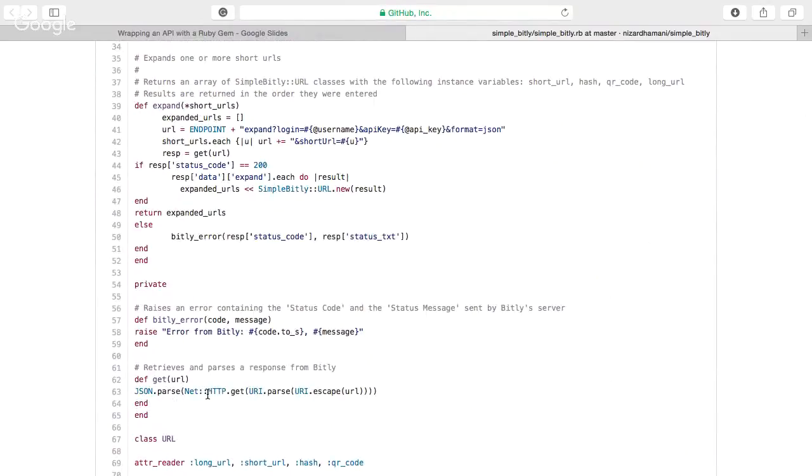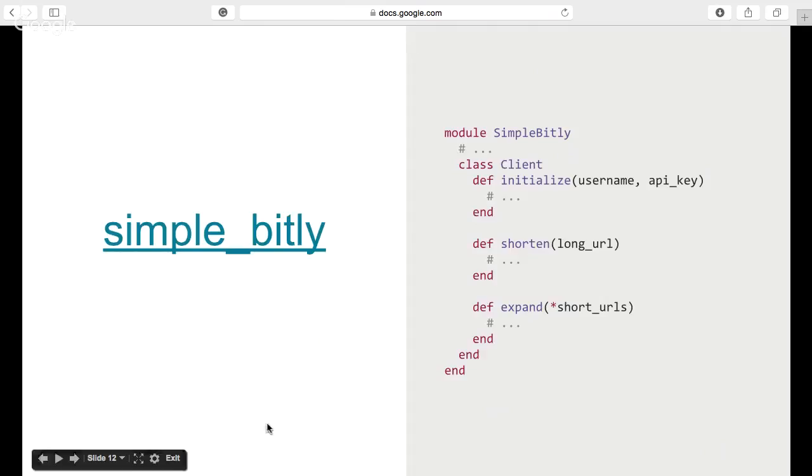This is probably where every API gem you write should start. Keep it simple. Keep it really, really simple. Have a one-to-one correspondence between your methods and what's going on in the API. If you do that and you're not afraid to be repeating yourself at least a little bit at first, you'll then have much clearer paths to figure out how to move forward when you need to implement something slightly more complex. And in this case, that slightly more complex, we can see in the actual Bitly gem,